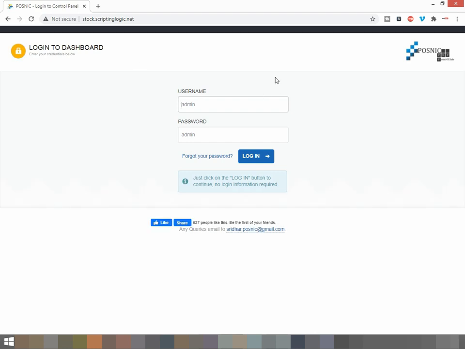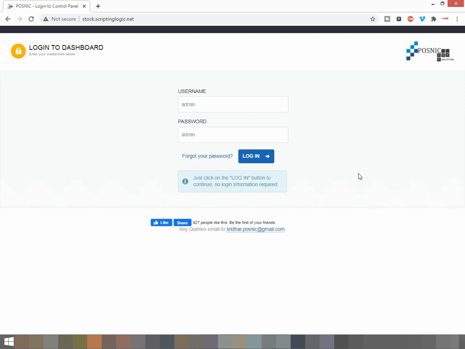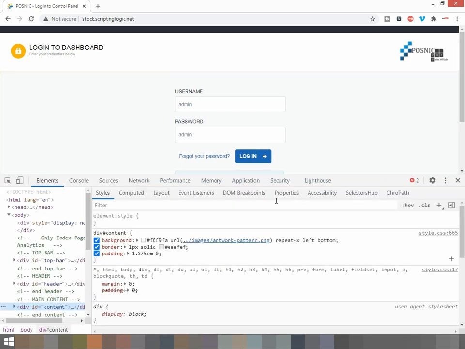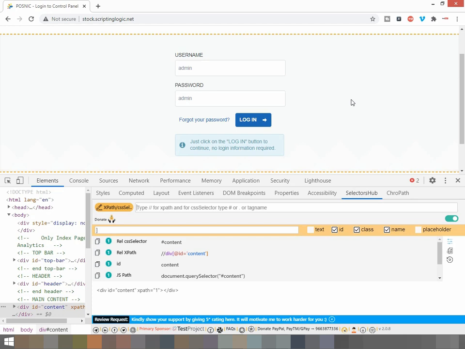Today I'm recording this on 15th December 2020. Selector Hub is very useful for finding the XPath. After ChroPath, the inventor of Selector Hub is the same, Sanjay Kumar. He invented ChroPath and Selector Hub too.